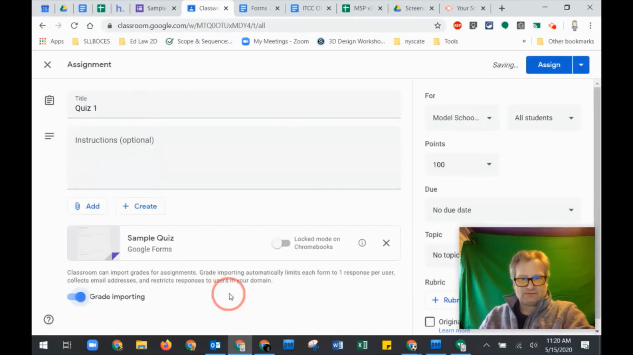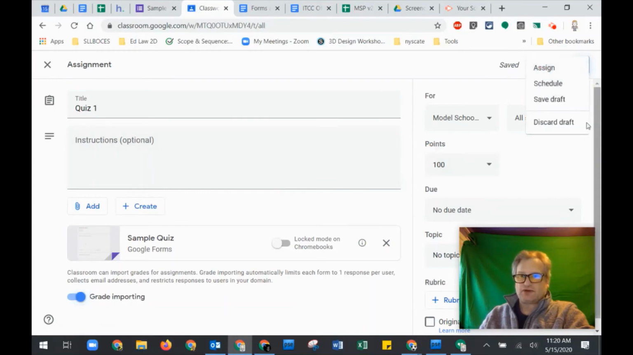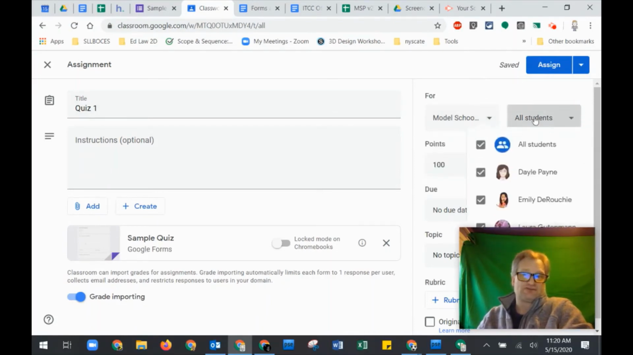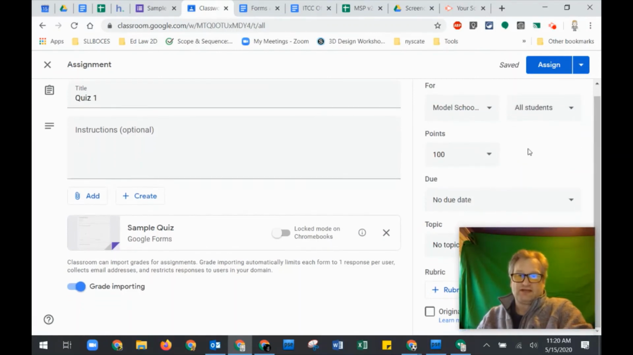And now I can assign it, or I could actually schedule it if I wanted to open it up later. If I want to apply it to multiple classes at once, I can check all the ones I want. Maybe this is only for certain students, so I could uncheck the students I didn't want to have take this. Points value, due date, topic,